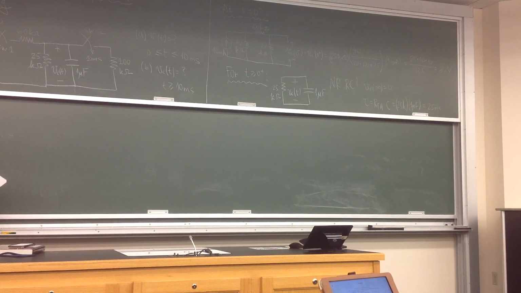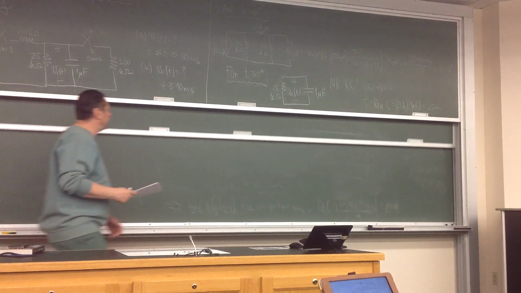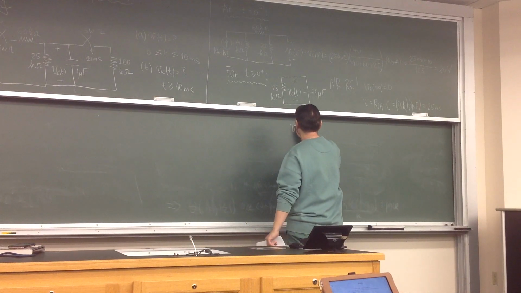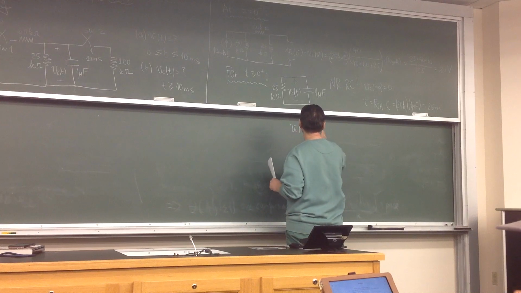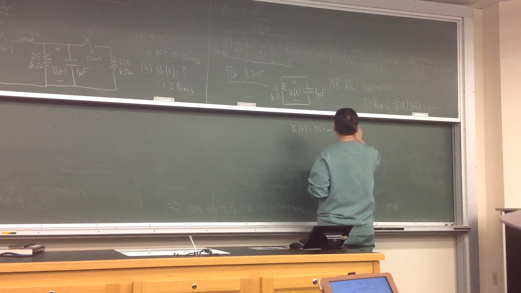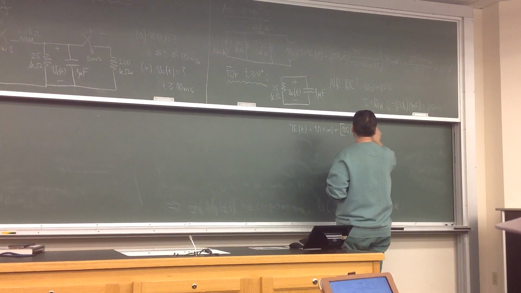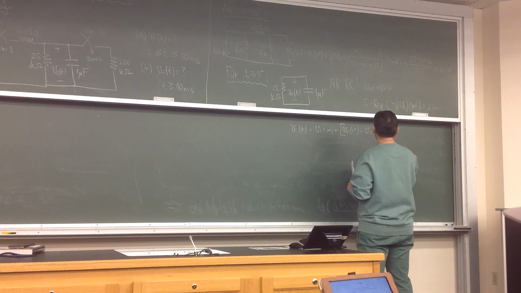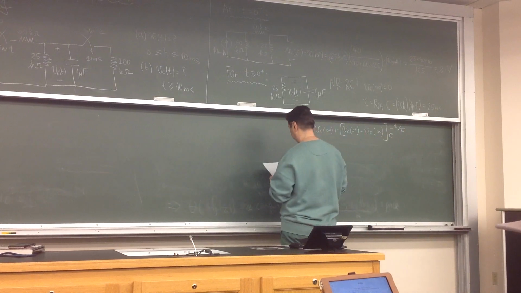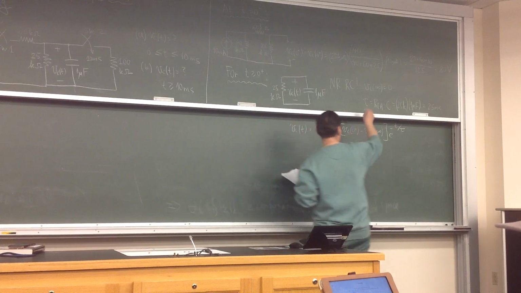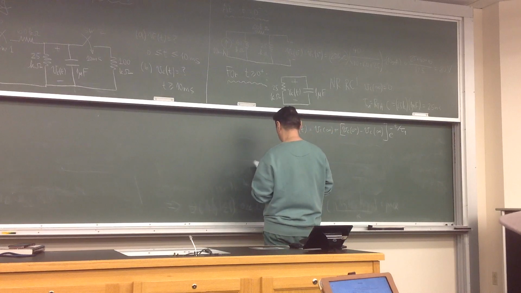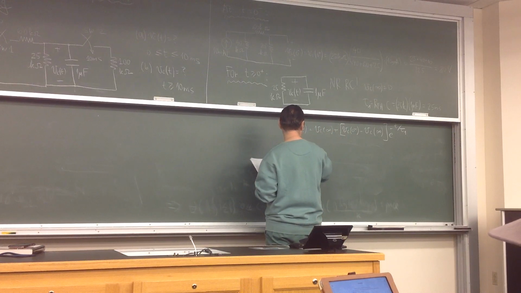Right, so basically here now you can say that VC of t is equal to VC of infinity plus [VC of 0 minus VC of infinity] times e to the minus t over tau, which will give you that. Let's mark this as tau 1, because we're going to have another tau. So tau 1, that will give you that VC of t is equal